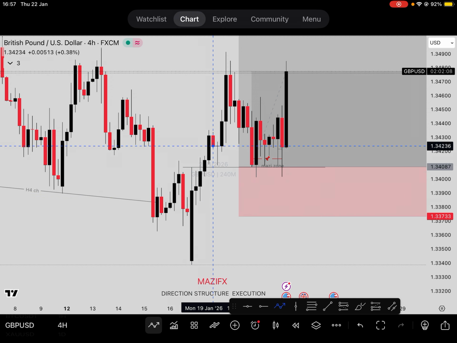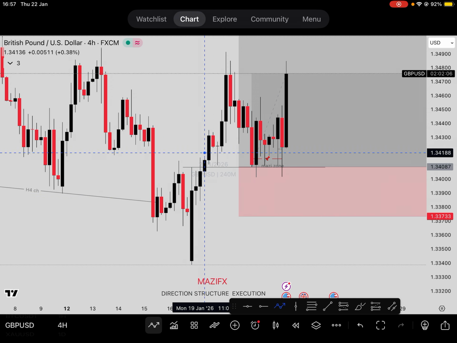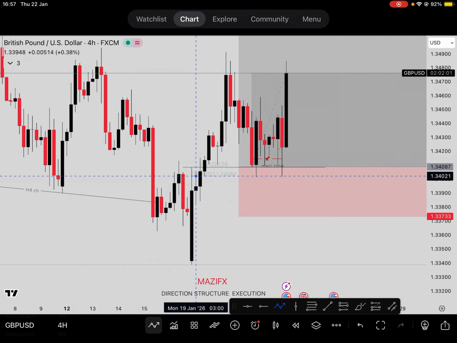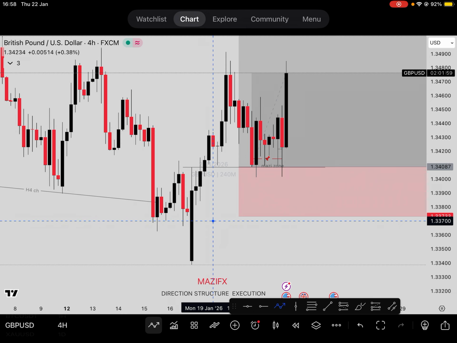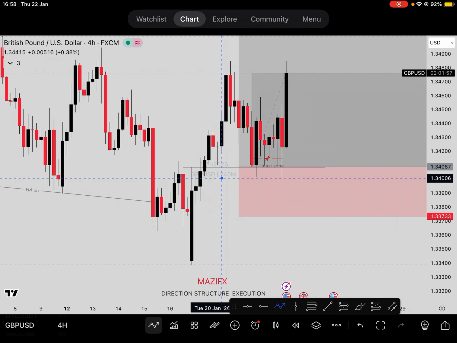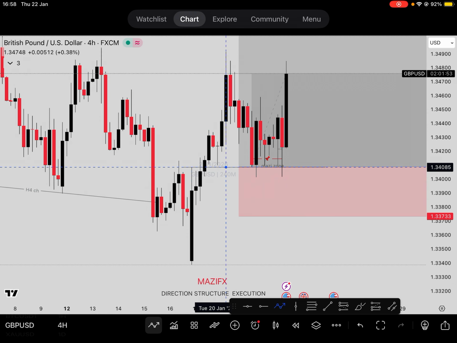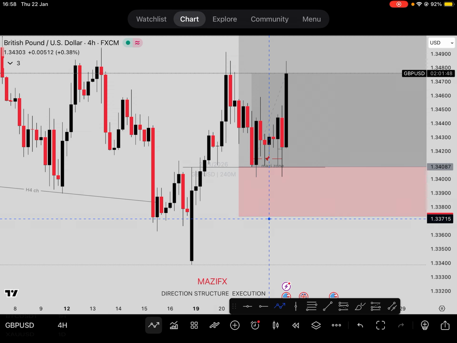And price finally engulfed it at this point. So at this engulfing, I know that 4 hours is no longer interested in selling, because 4 hours has engulfed itself to indicate what weekly is saying. Weekly is pushing price and 4 hours is now reacting. I'm expecting a pullback into the source candle zone from which to continue buying. And that is why I framed my buy from here.